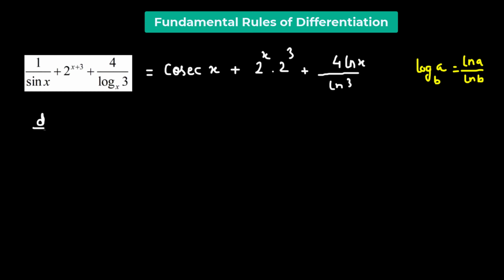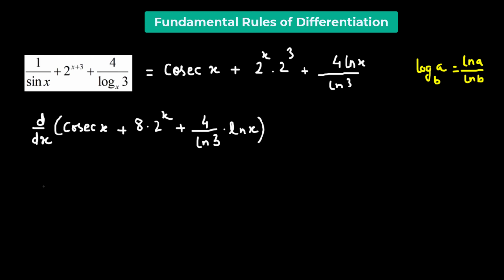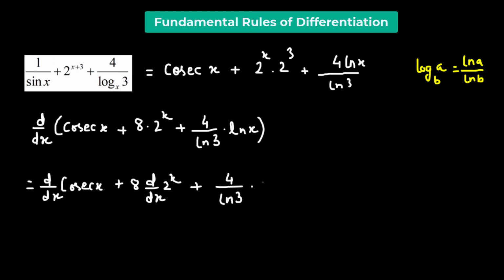Now we are going to find the derivative of our given function. So we have d over dx of cosec x plus 2 raised to the power of 3, which is 8, so we have 8 times 2 raised to the power of x plus 4 over natural log of 3 times the natural log of x. So this will be equal to the derivative of the cosec function plus, 8 being a constant, we can pull it out of the derivative, 8 times the derivative of 2 raised to the power of x, plus, pulling out the constant, 4 over log of 3 times the derivative of